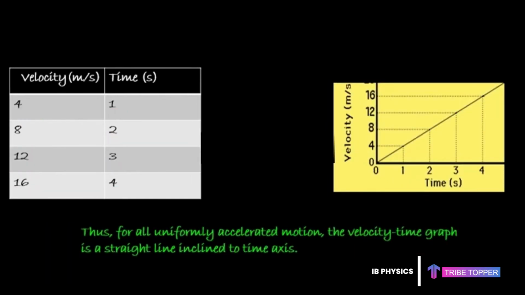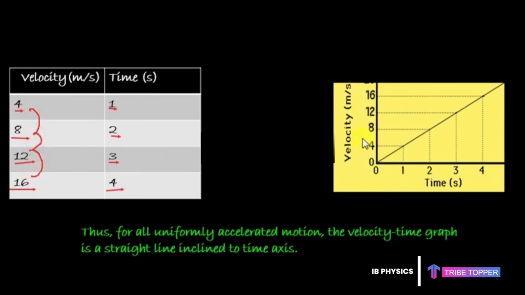Now let's check out a velocity time graph for a non-uniform motion. For a non-uniform motion, it can be uniformly accelerated or non-uniformly accelerated. So first we take the case of uniformly accelerated motion. So we have a velocity of 4 meters per second in 1 second, then 8 meters per second after 2 seconds, then 12 meters per second after 3 seconds, and 16 after 4 seconds. So in every time interval of 1 second, the velocity is changing by equal amounts, that is 4, 4 and 4. So when you plot a graph